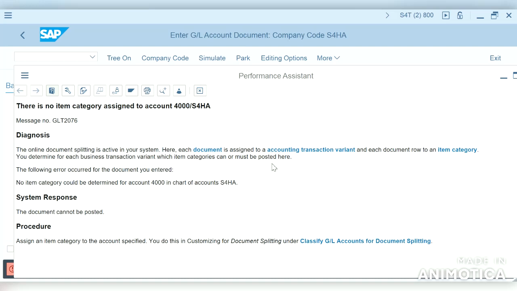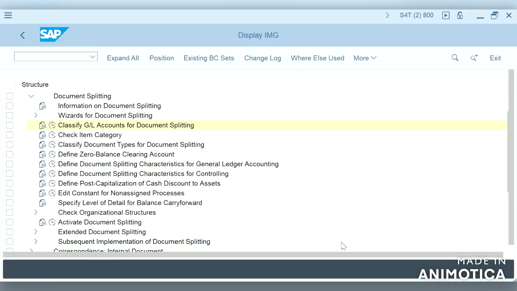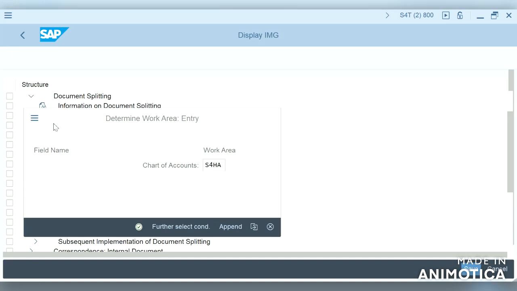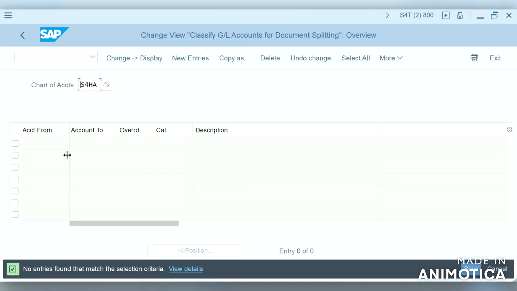So now we try to assign the item category in this configuration. Classify GL accounts for document splitting, S/4HANA.